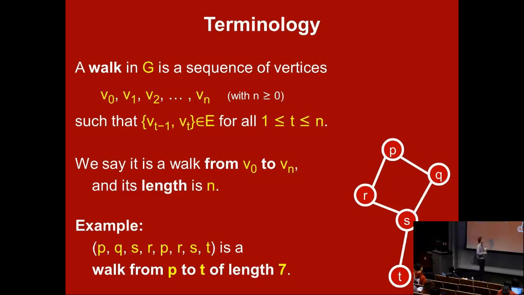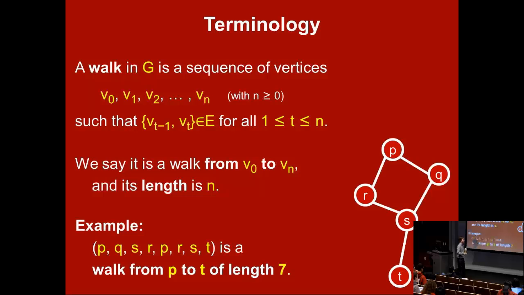But let's start with walk. So a walk in a graph is a sequence of vertices v0, v1, up to vn, n is at least 0, such that every two consecutive vertices form an edge in the graph. So we say it's a walk from v0 to vn, and we say its length is n. That's the length of the walk. It's the number of edges